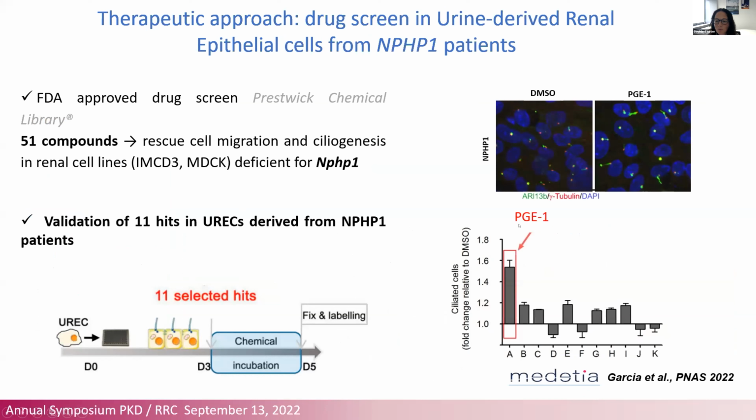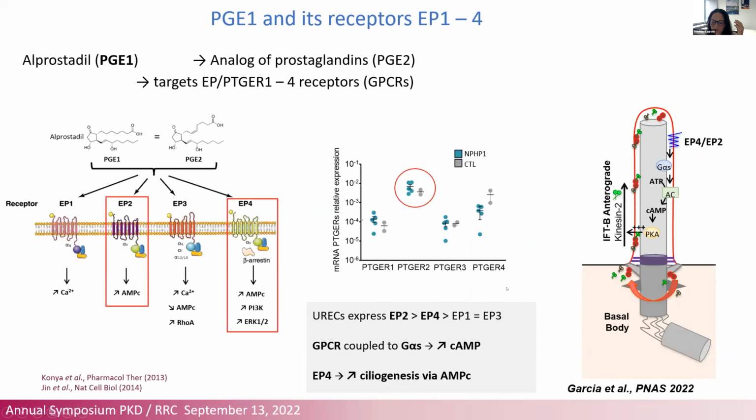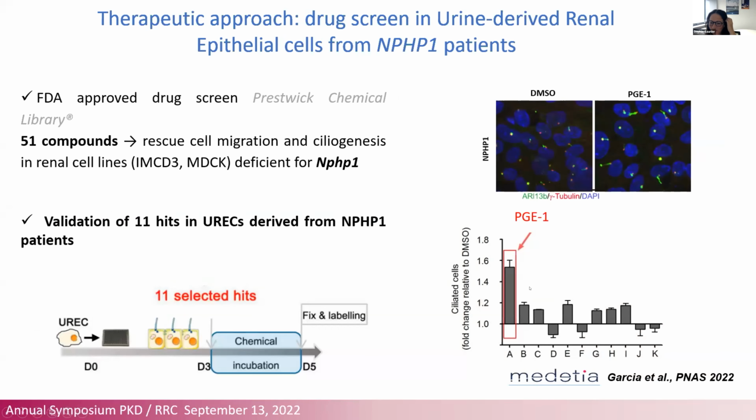And like that, we were able to highlight a very good compound, PG1, or prostaglandin type 1, that was improving ciliogenesis